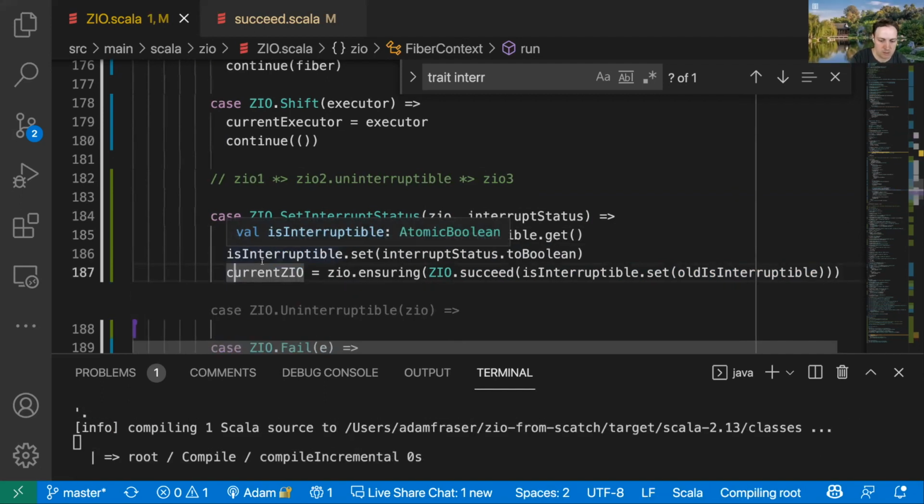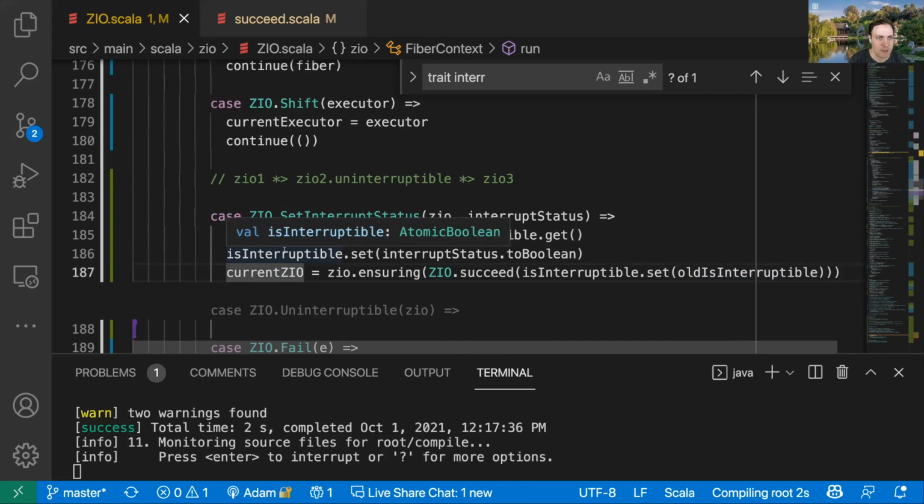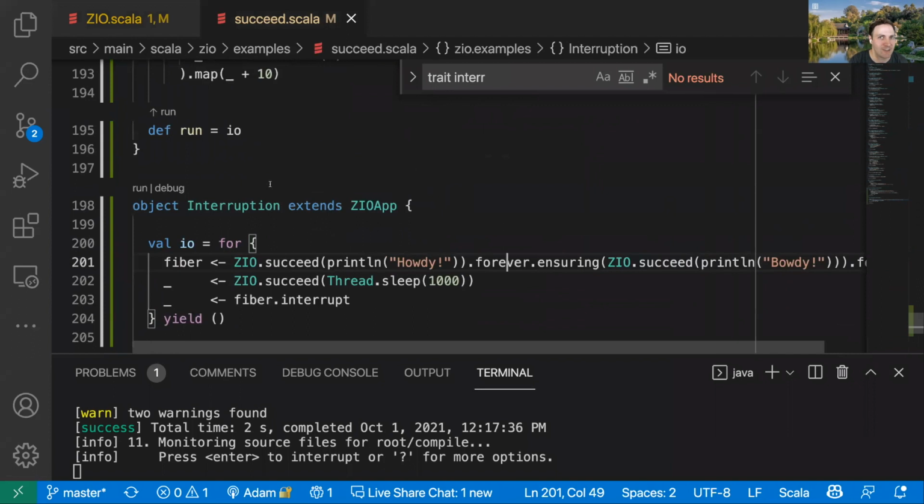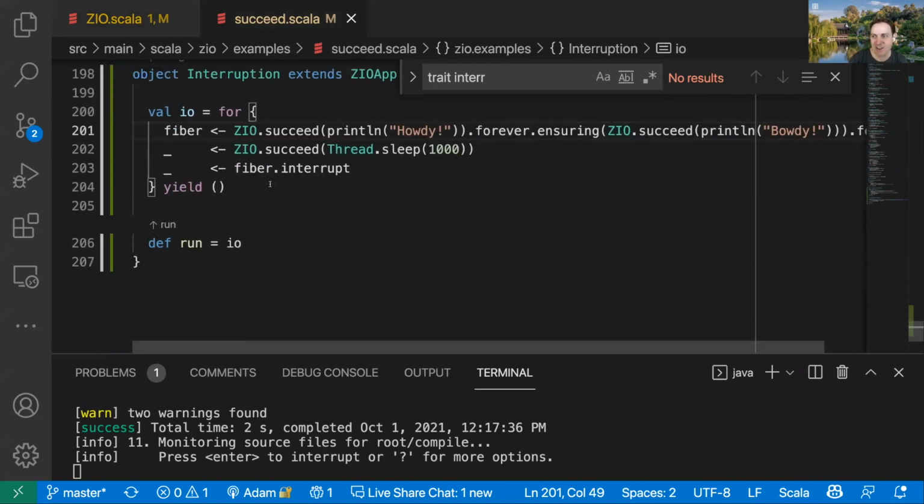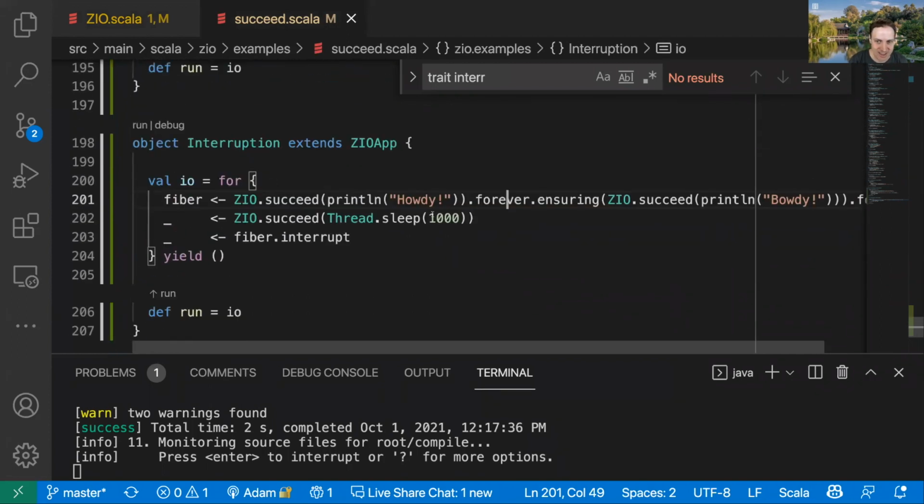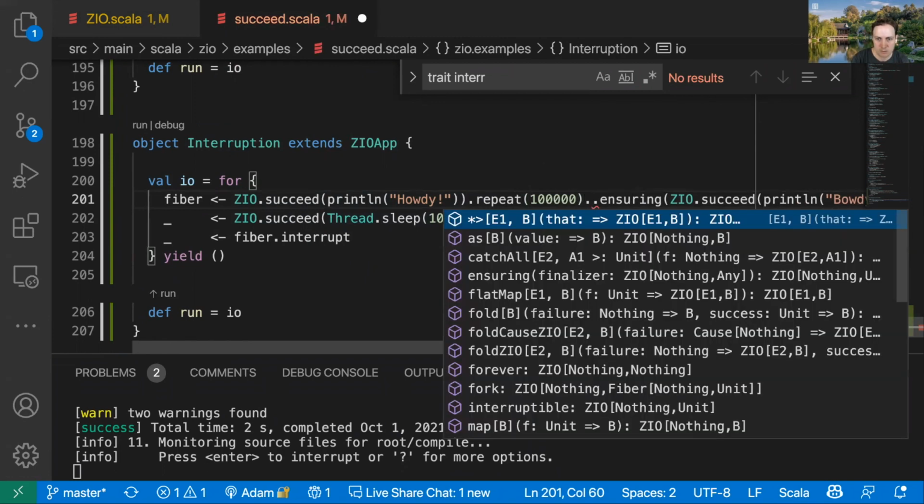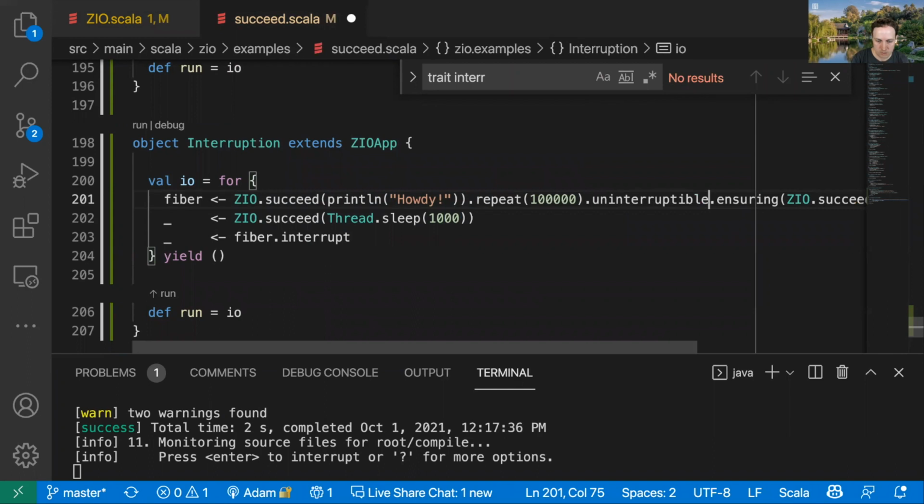So yeah, I think that'll give this to us. We may be a little bit challenged in our ability to fully demonstrate all this without having developed promises or refs or some other things that you use to super deterministically test this. But let's try something like, I think we have repeat. So what if we do something like repeat 100,000 dot uninterruptible,